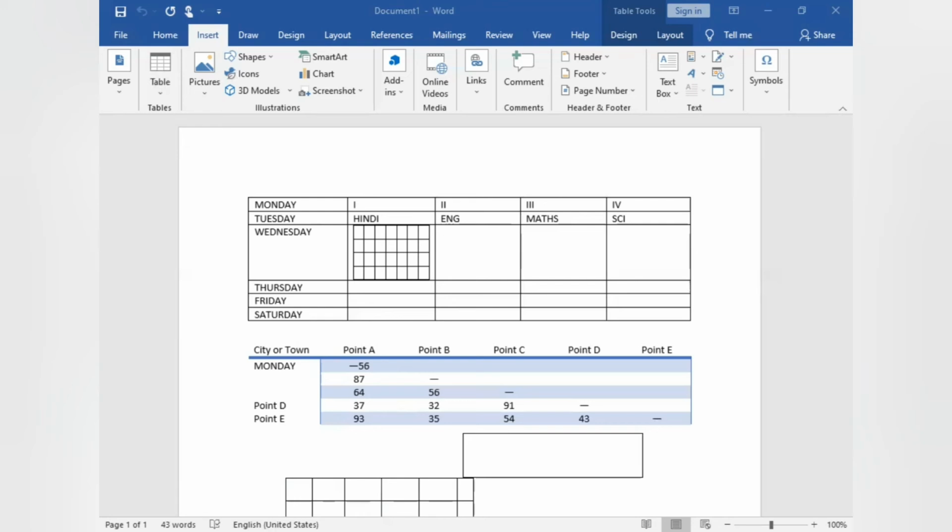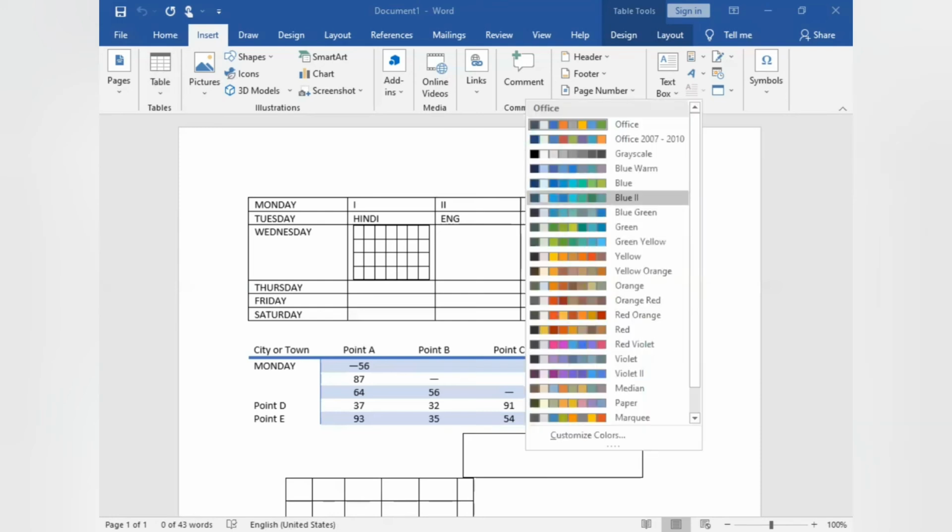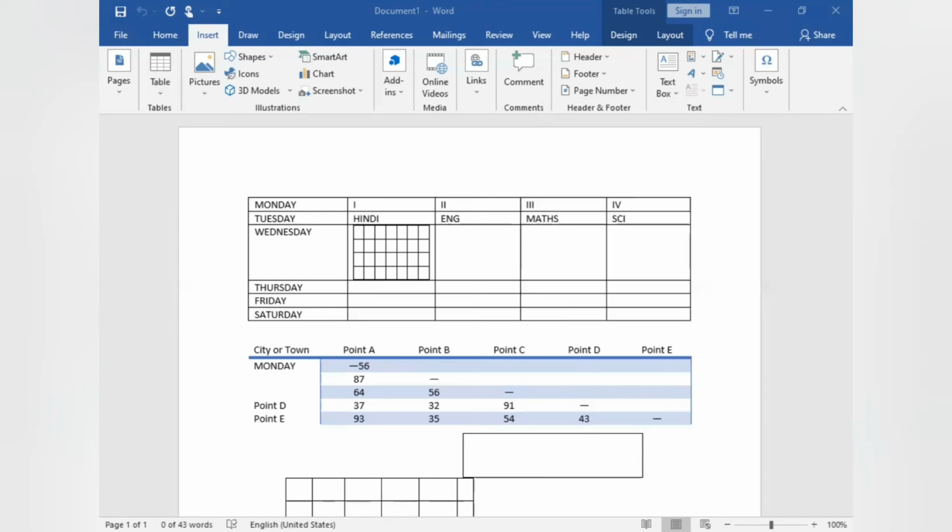Okay, students. Now, how can you design your tables? You can see different designs are here. Click on any design and you can do your work. The next feature is you can insert pictures also. You can use pens also to draw a different color table.